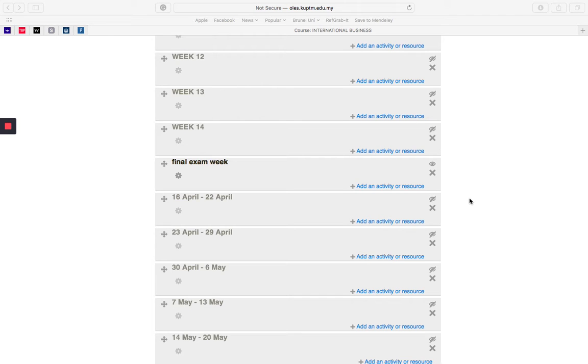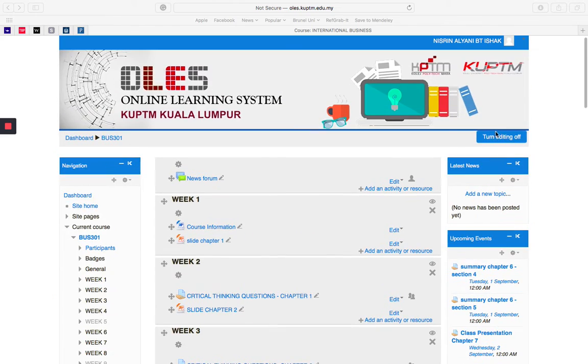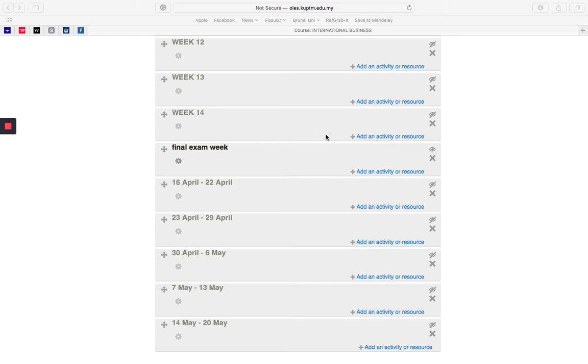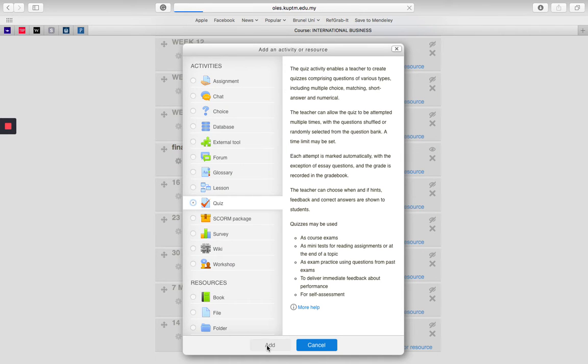Today we will try to set up a question objective for students who may wish to undertake any subjects or have an objective question. So here, make sure you turn editing on, and then this is a specific column for our demonstrations only. So have a look, we add an activity here for quiz, through your OLES add button,